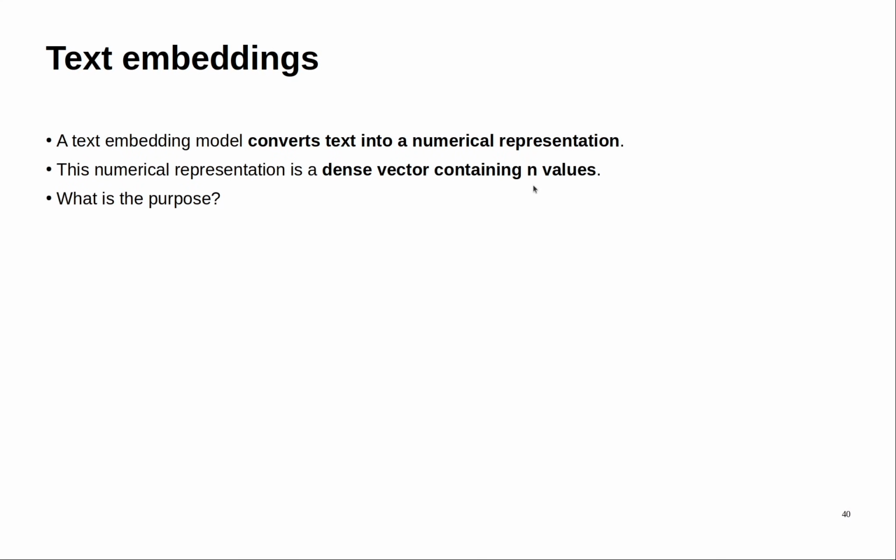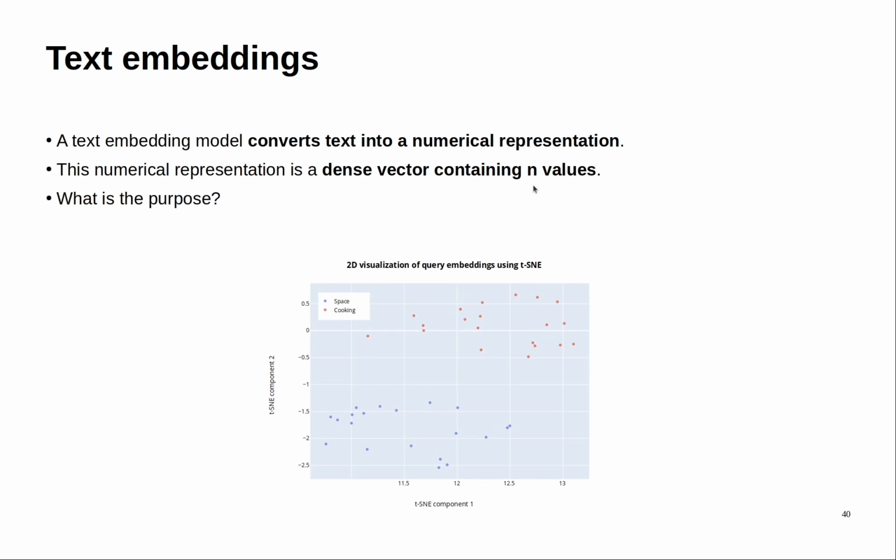What is the purpose of an embedding model? This graph helps explain the main idea. Let me walk you through how I created it. I wrote a few sentences about two topics, space and cooking. Then I converted each sentence into a dense vector. Since these vectors contain hundreds or thousands of numbers, we can't plot them directly in 2D. To fix this, I used a technique called t-SNE to reduce the dimensions to just 2, making it possible to